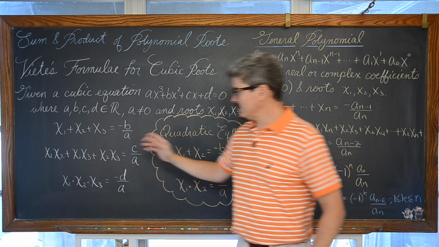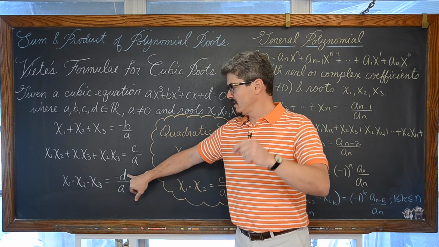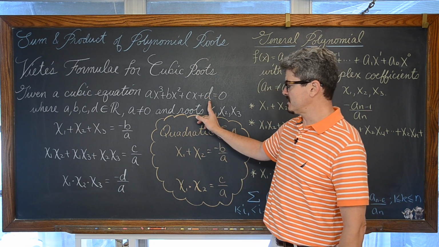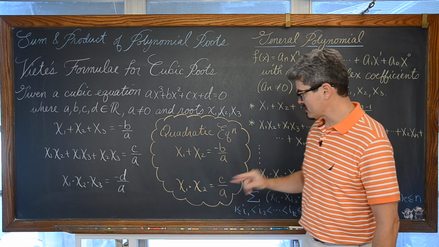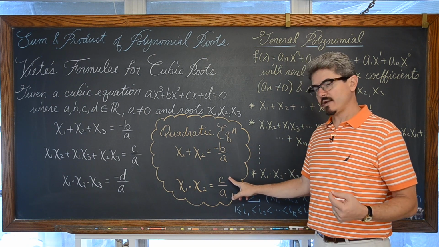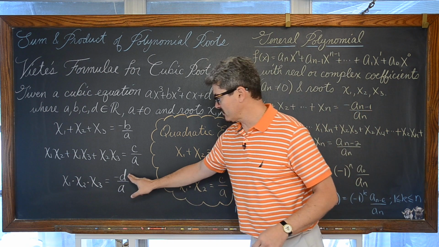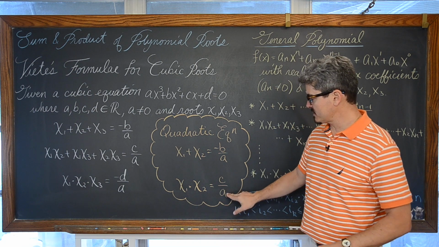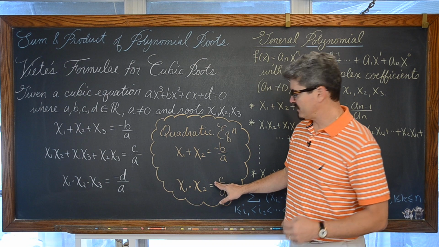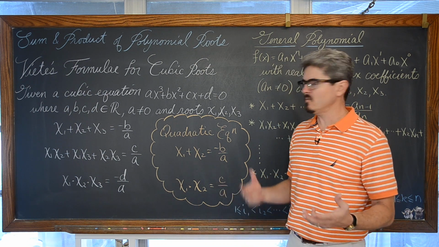And then if we go down to just looking at the product of our roots, then we have the opposite of d over a. Okay, now for a cubic function, d is our constant and a is our leading coefficient, just like it is with our product of roots for our quadratic equations, where c is our constant over a. So it's kind of the same pattern, constant over the leading coefficient, constant over the leading coefficient, but with a cubic function we have a negative here, and with a quadratic equation we have a positive ratio. So what's going on there?